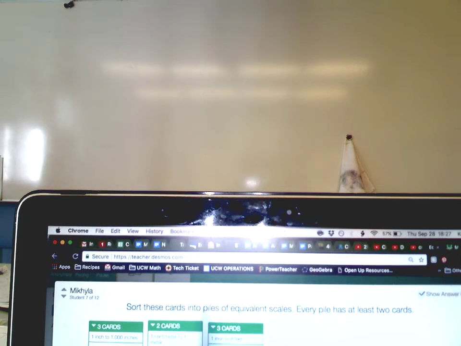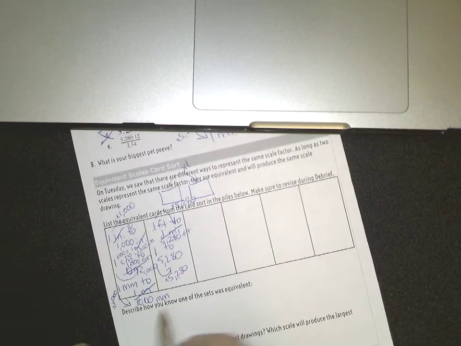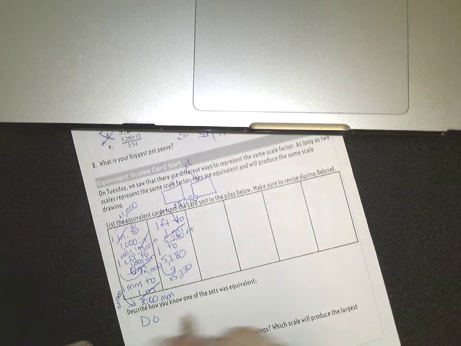So that's the gist of what we did. We can see she had more than this. She also had her inches to feet. She also had centimeters to kilometers. But it really comes down to always getting them to be in the same units. And so to make sure that sets were equivalent, you want to ask yourself,